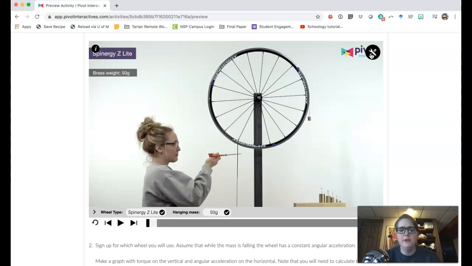Now, we're looking for a relationship between torque and angular acceleration in this lab. So the amount of torque that's applied to this bicycle wheel and the angular acceleration of the bicycle wheel. Now, torque is something that's really hard to measure directly, but they are applying a torque. They have a string that's wrapped around each wheel, and then they're putting different hanging masses on the end of